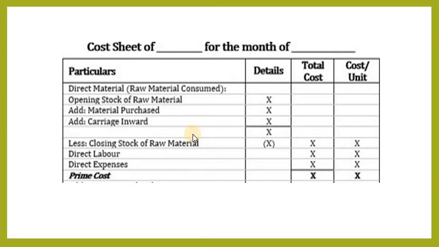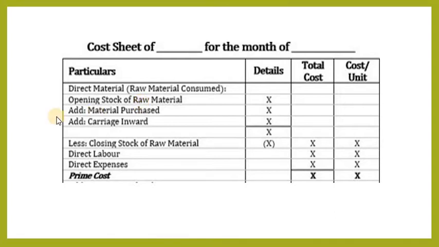How do we calculate the prime cost? Yesterday we discussed the formula: prime cost equals direct material plus direct labor plus direct expenses. First, direct material, how do we calculate it? Direct material equals, okay, please take your notes and write down. This is very important. After completing this class, once again remember and repeat. If you have any doubts, then ask me.